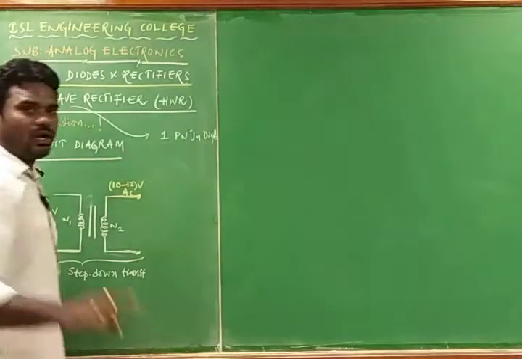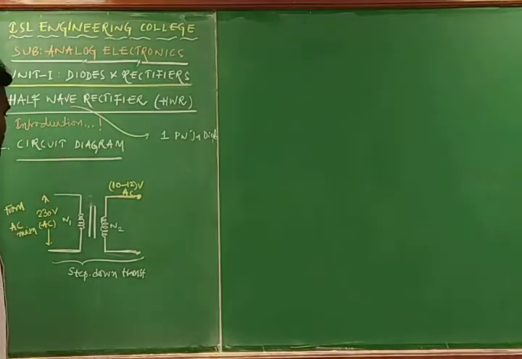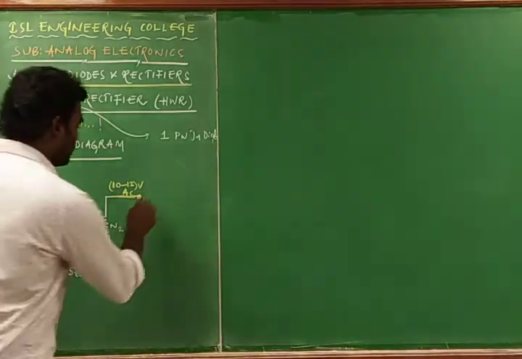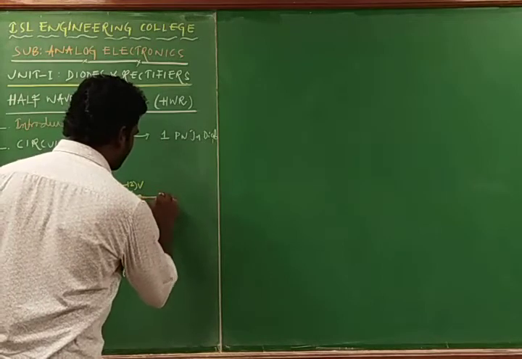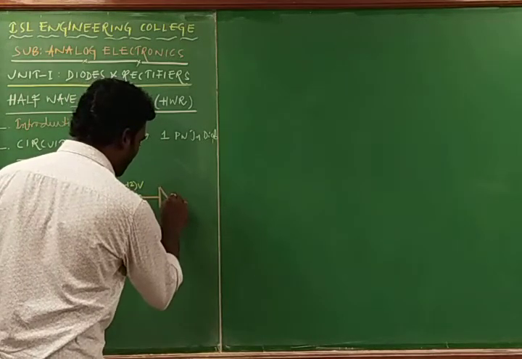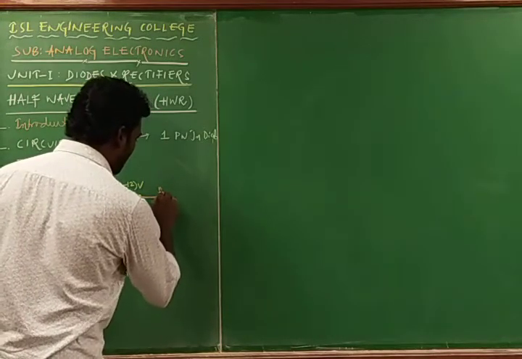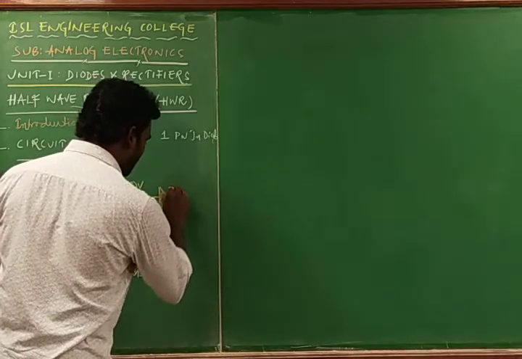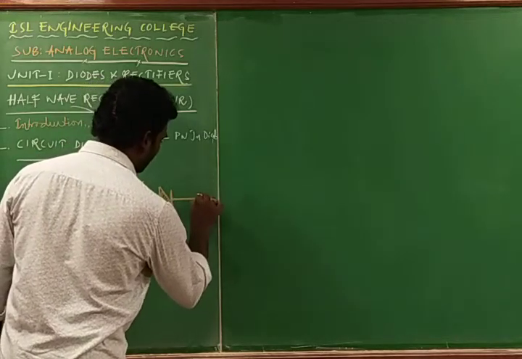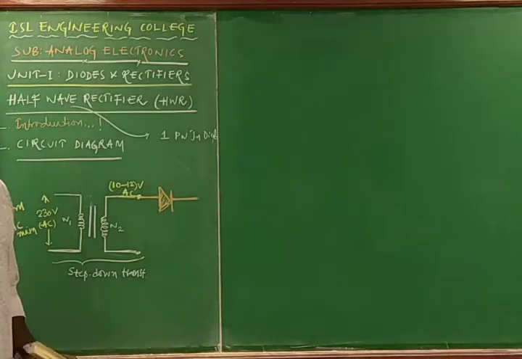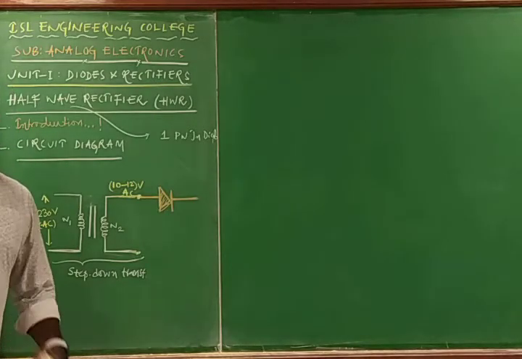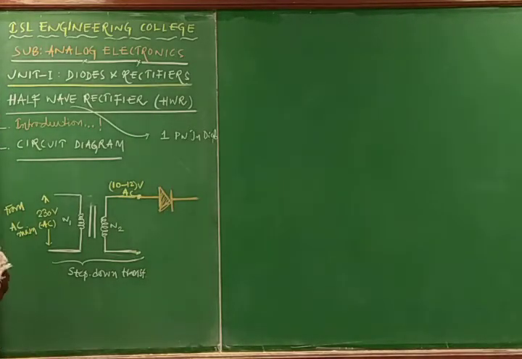It can make use of only one PN junction diode, and we know the symbol of the PN junction diode. A PN junction diode can conduct current in forward bias, and in reverse bias there is no current, so by having that phenomenon we can represent the PN junction diode operation in a symbol. In the symbol, what does it mean?